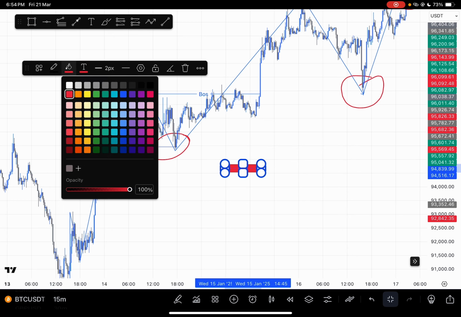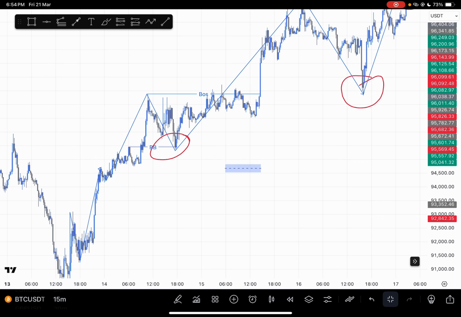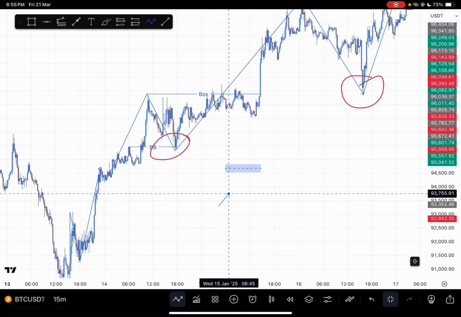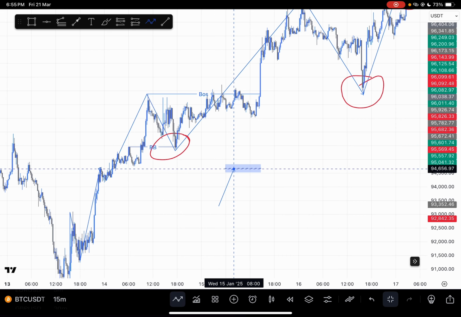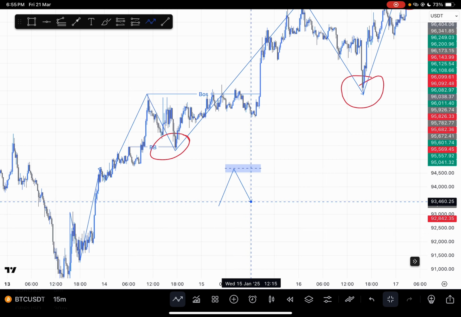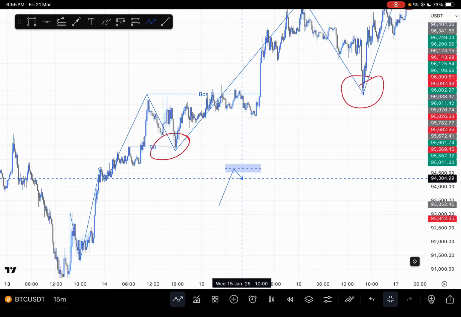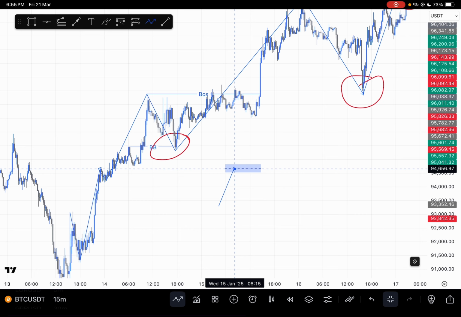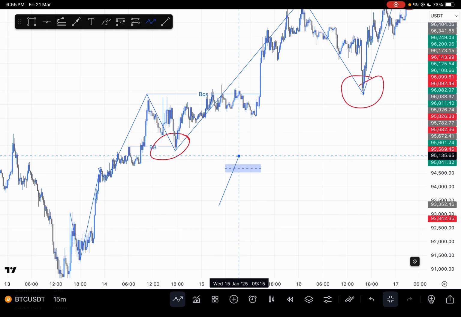Price was coming from the downside and there's another block there. Price was supposed to tap into the order block, then push to the downside for the order block to be valid. But in cases where price did not tap into the order block and reverse to the downside, and you see price suddenly break through the order block,